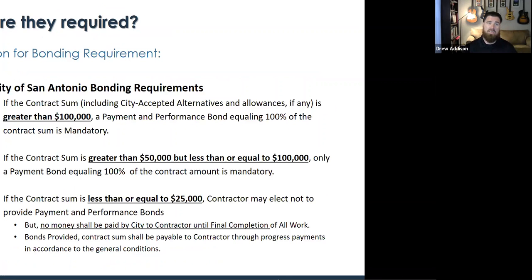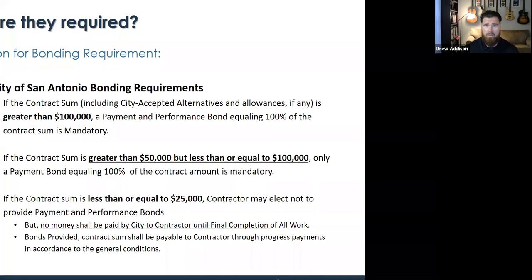Now we can move into the City of San Antonio, right? It's even a littler Miller Act, I guess you can say. I know there are going to be some presentations from the City of San Antonio, and then maybe some general contractors that are doing work for the city. This is a really important slide for those that are looking to get into city work, whether you're going in as a prime or even a subcontractor.